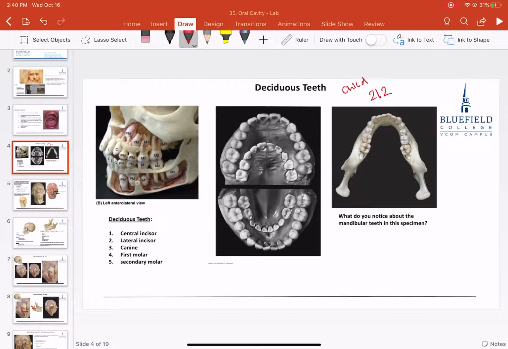So this is a dissection of a person that still has some of their deciduous teeth. And as I looked at this last night, this is just from your book. So there are 2 incisors, a canine, 2 premolars, and here's M1, M2, M3, but they should only have, if these are the juvenile teeth, 2 incisors, a canine,